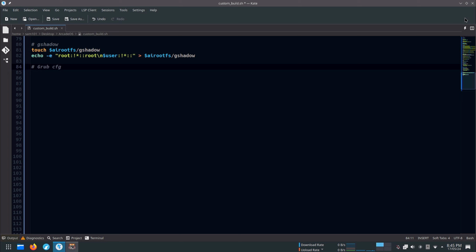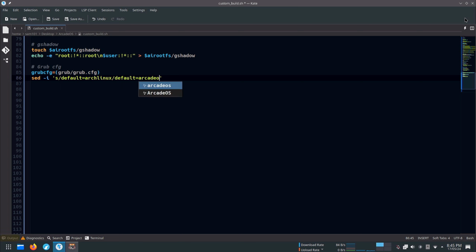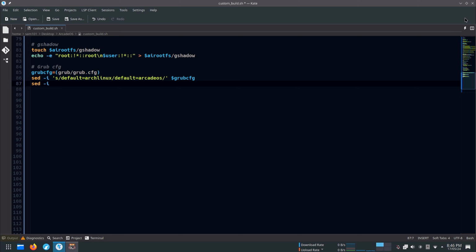Here comes the grub config section. grub cfg represents the grub/grub.cfg. We are about to make some small changes inside the grub.cfg file. Changes like Arch Linux to Arcade OS, timeout from 15 to 10, menu entry from Arch to Arcade OS,